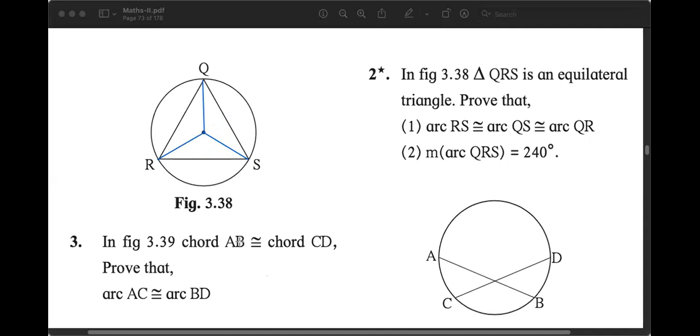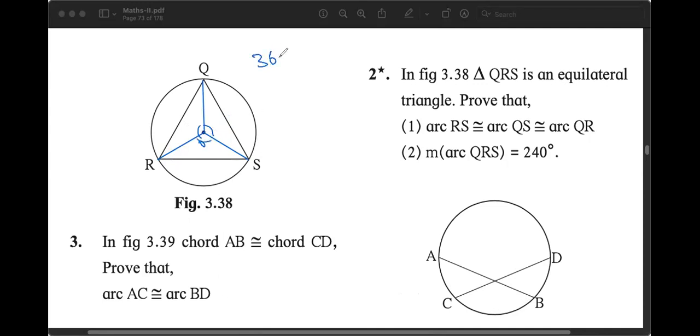we are given that the sides are same. Because the sides of the triangles are same, then the chords are same. Because the chords are congruent, the arcs are congruent. Arcs congruent means both their radii and measures are same. Radii are this OQ, OR, OS, if we name the center as O. Measures क्या होंगे? ये और ये दोनों सेम है.